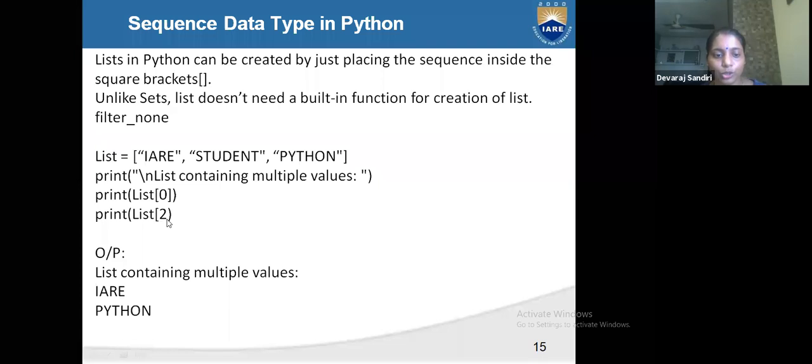This IARE is considered index 0, student is index 1, Python is index 2. So list of 2 is Python.